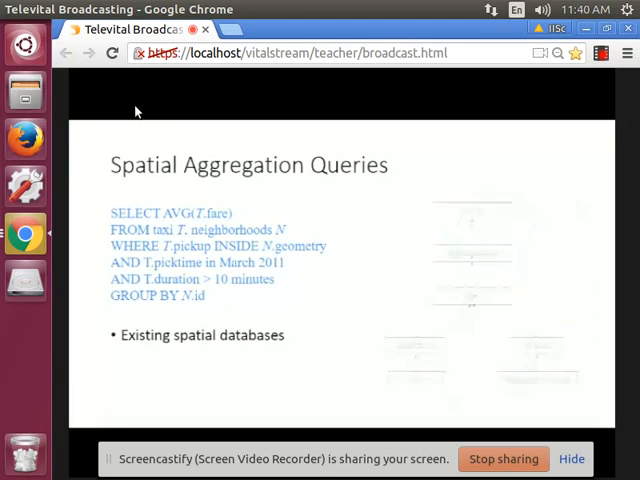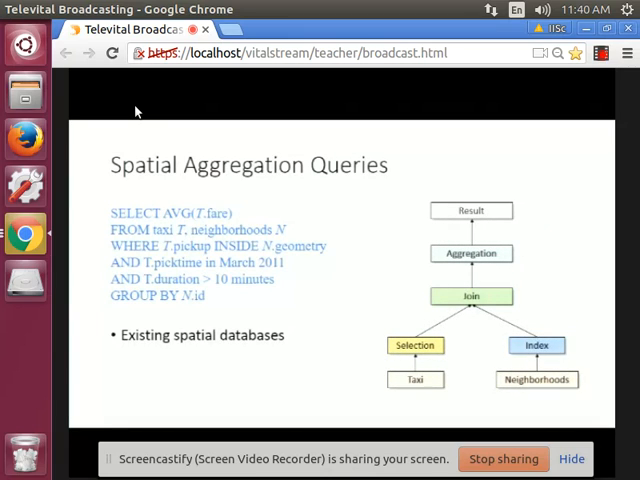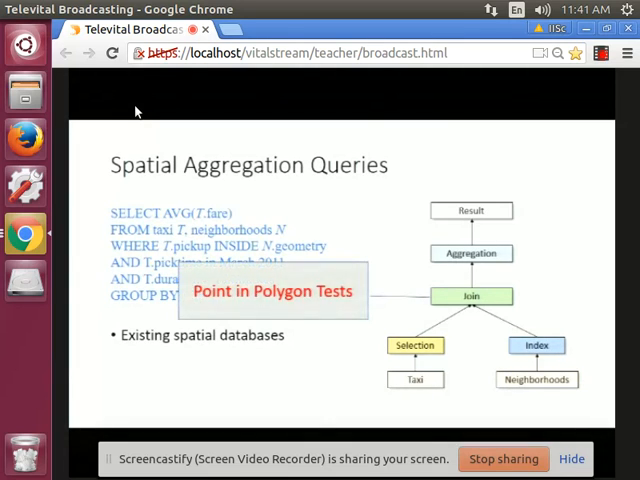So one of the main problems is, let's look at how these databases in general execute this query. Typically, it would use an index for one of the data sets. For example, say I create an index on the neighborhood polygons, and then from the taxi, it would again do a selection. Here again, there could be a potential index for the other attributes, and then it does an index-based join. This join involves point and polygon tests. It's typically two-step. They first do a filter based on a bounding box of the different polygons,